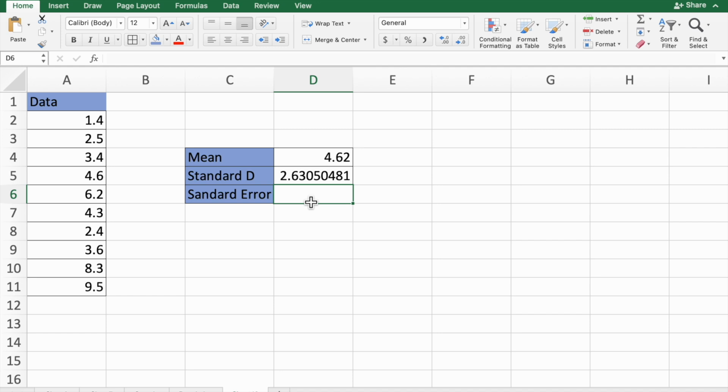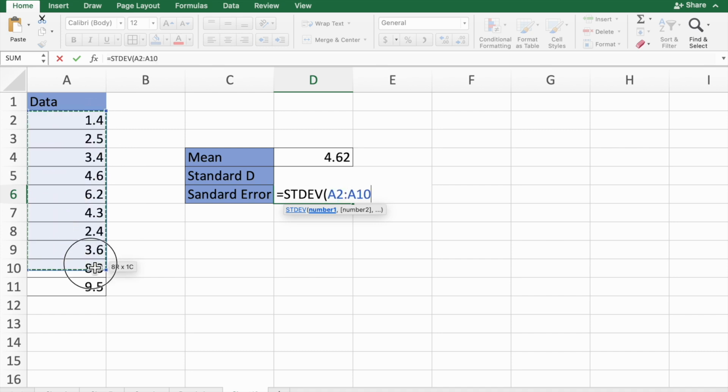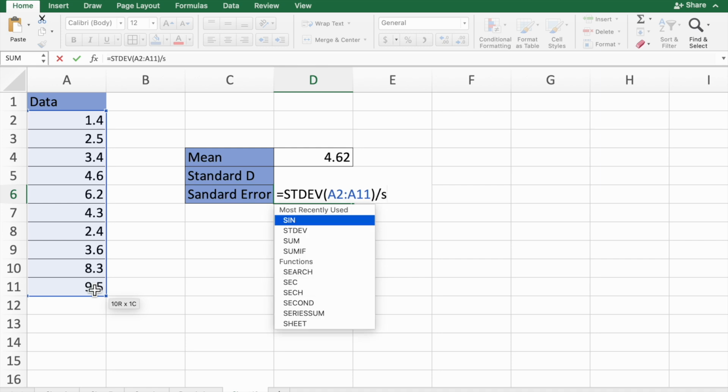Now we will find out standard error. There is no particular formula for standard error, so I will show you a trick by which you can easily find it. For that you have to press equals to, then the standard deviation of this data, bracket close, then divided by square root